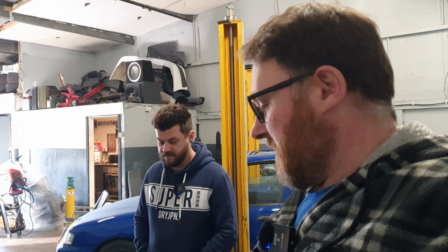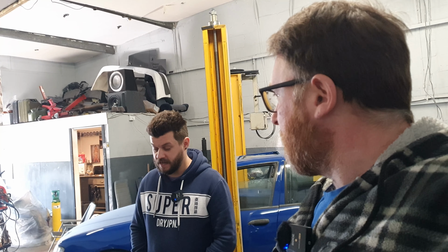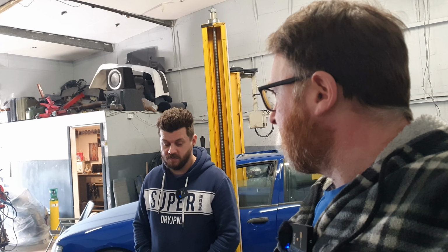There's no point because we've got the ME ECU. So what we're going to do instead is put the ME in and then try that and see. Because if there's something obvious, then we'll see it as soon as we turn the car on. So it might be one of these things that there is a sensor that's not getting any signal. And all we need to do is fix that, and then it'll run fine on the stock ECU as well. But I can't do that because